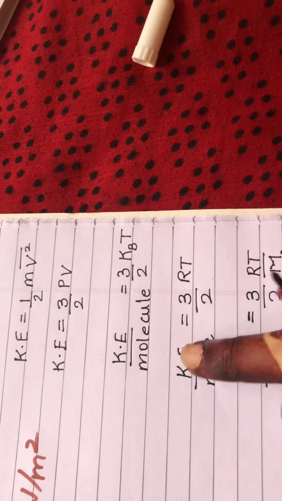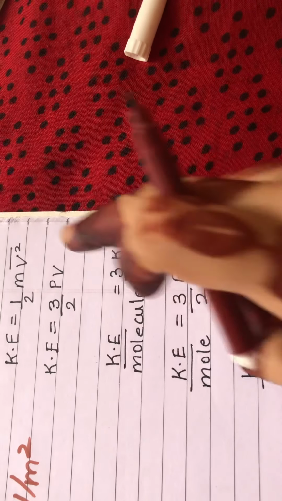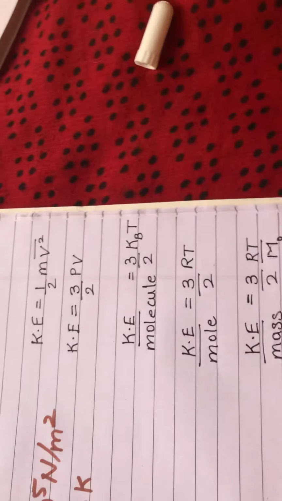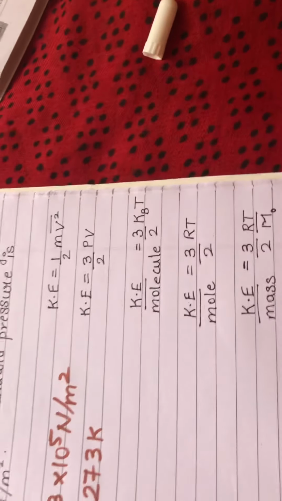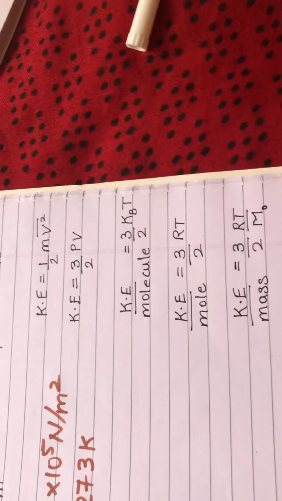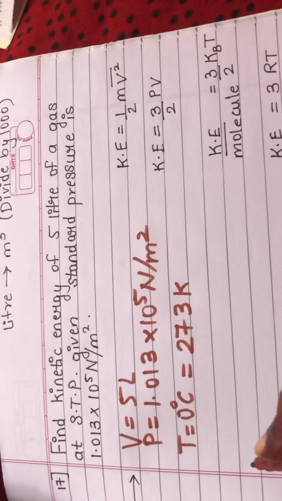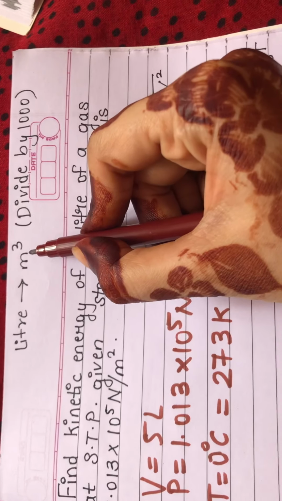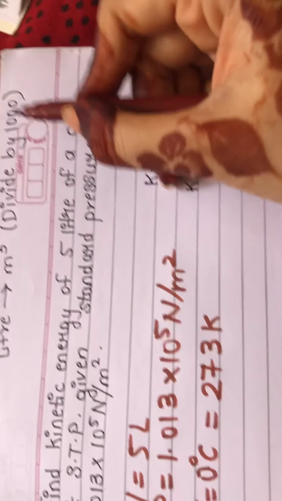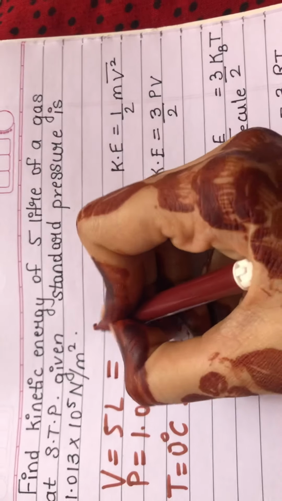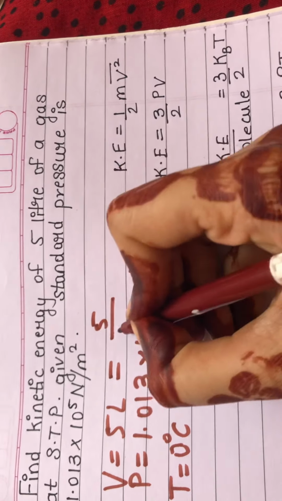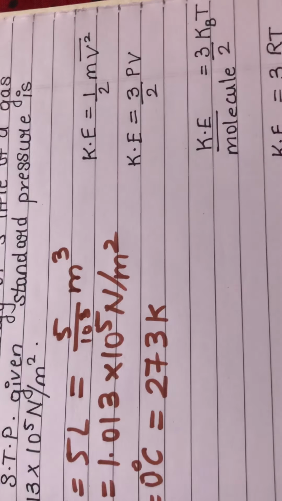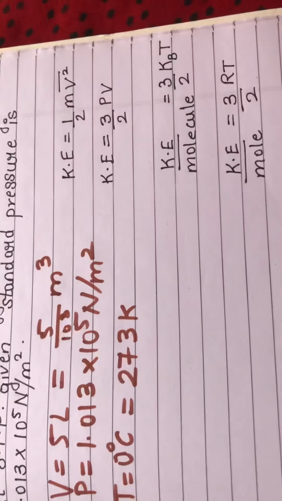If in the exam kinetic energy per mole is asked, you can get confused and use the wrong formula. Many of you will get confused in these formulas, so I have written all these 5 formulas together so that you will remember them. Now if you want to convert liter into meter cube, then you have to divide it by 1000. So we will divide it by 1000, that is nothing but 10 raised to 3, it is meter cube. So here we have converted volume.